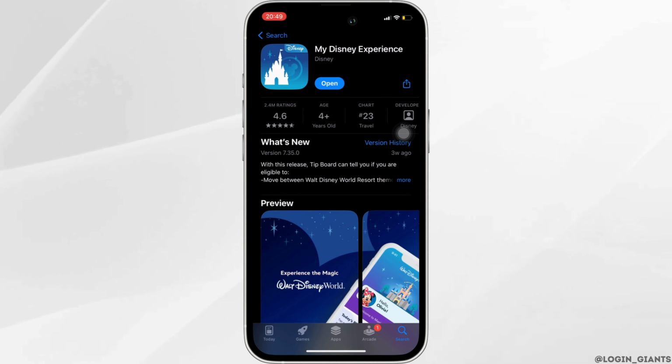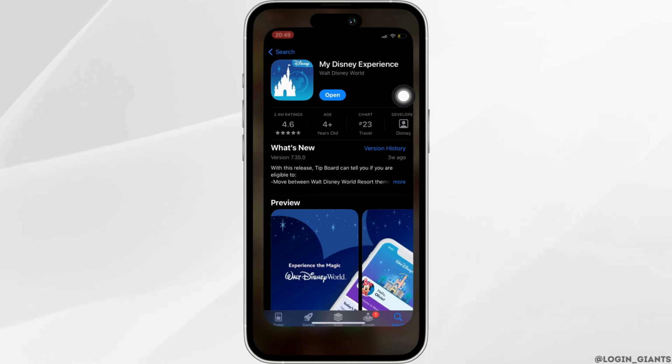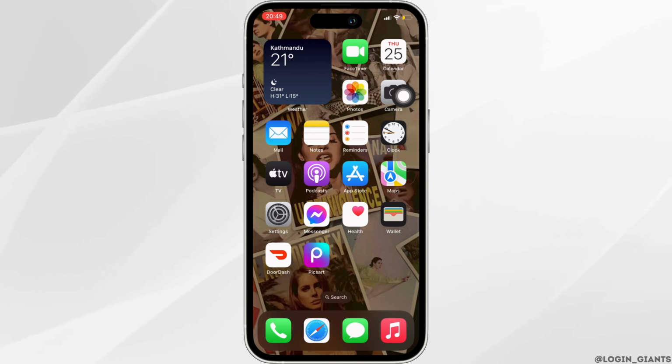Right here, instead of open, if it shows the option of update, then your application is not up to date, and it might be one of the reasons that you are facing some issues. In this case, all you want to do is tap on update and update your application to the latest version. Once the application is up to date, now the next thing you want to do is head over to the